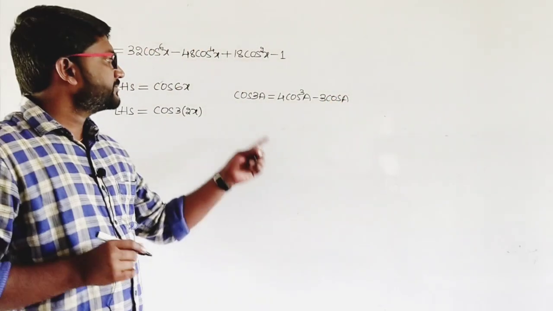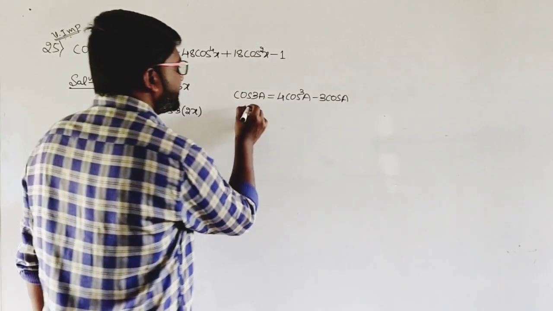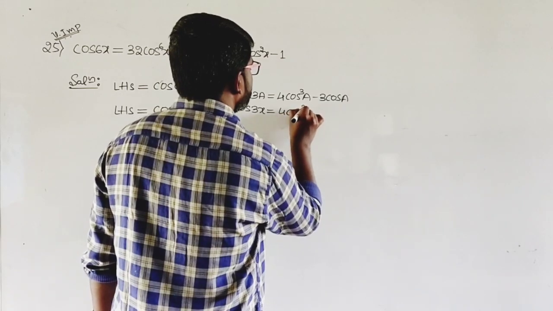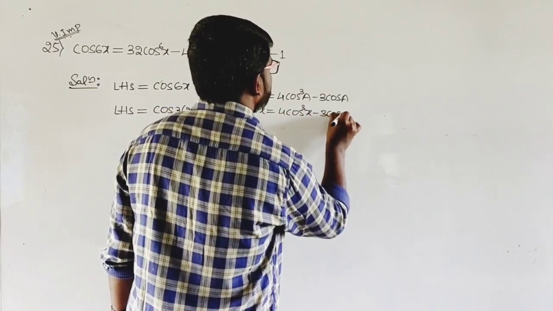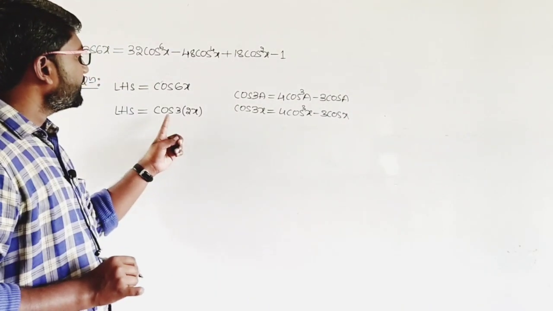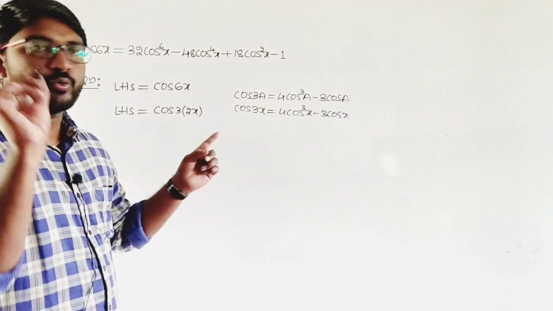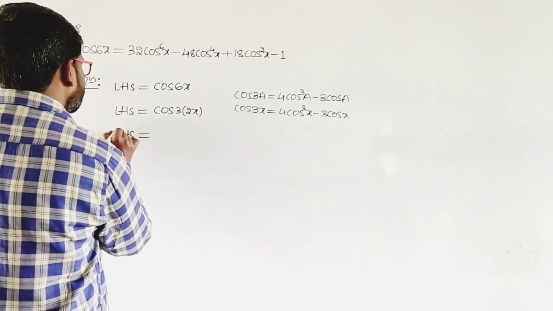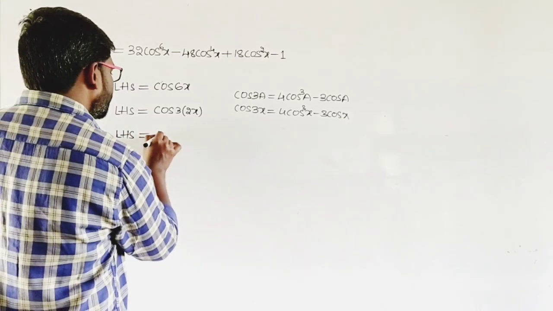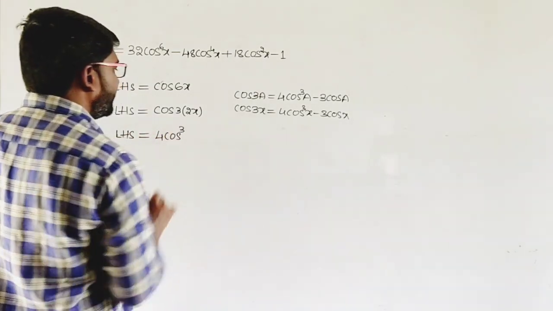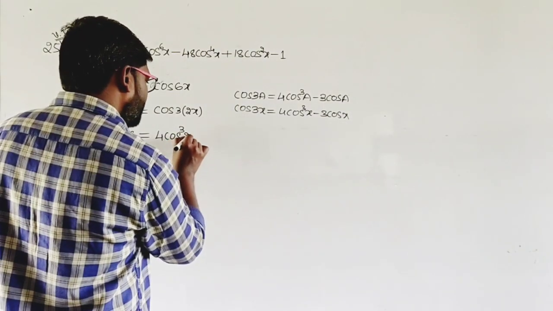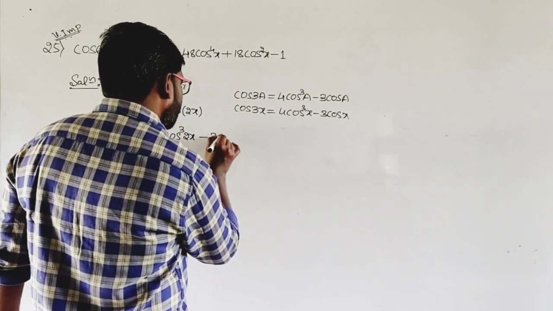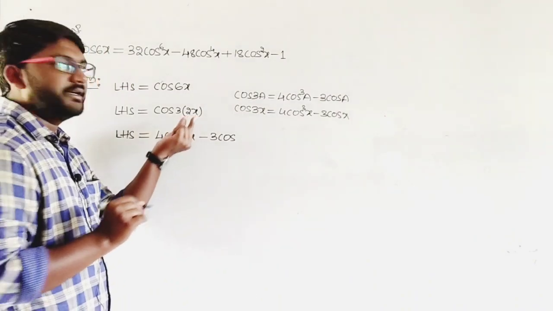So in our regular classes we have used the angle x. Here the angle is x, so cos 3x equals 4 cos cube x minus 3 cos x, both are same. So now it is in the form of cos 3a. Here a means 2x. Let us apply the formula. LHS equals 4 cos cube a, which means 2x, so 4 cos cube 2x minus 3 cos a, where a means 2x.